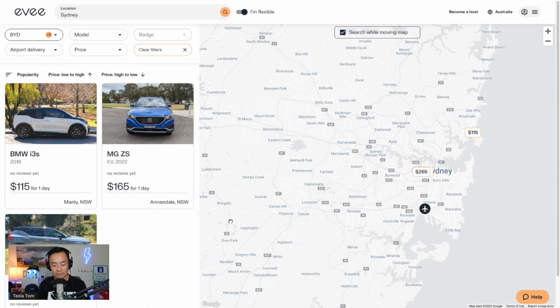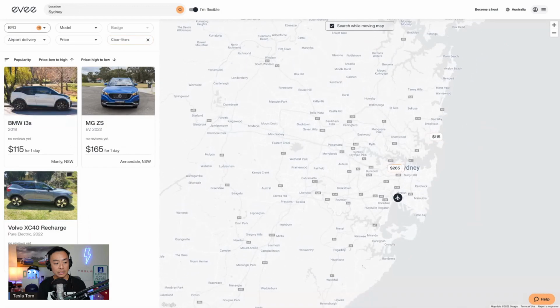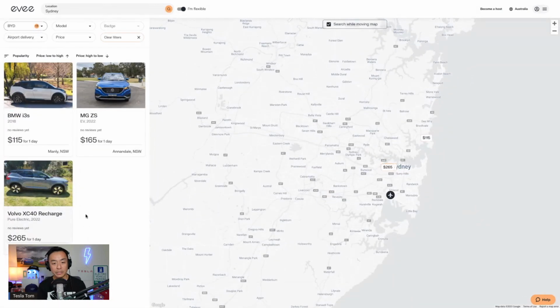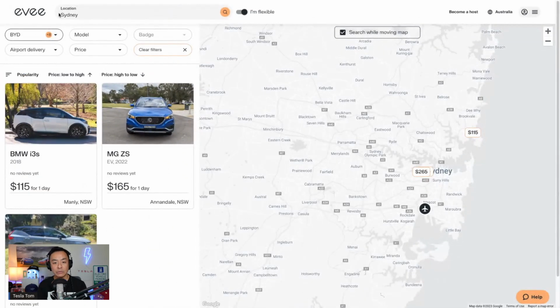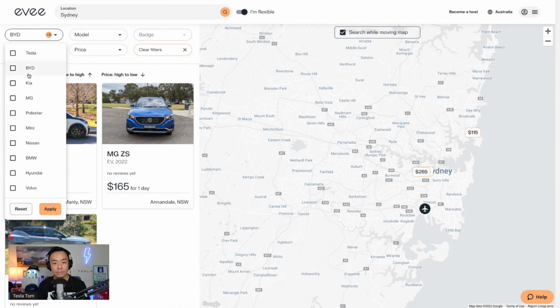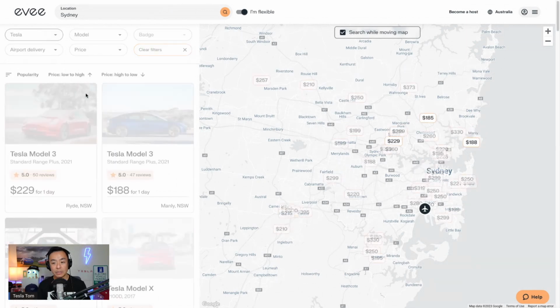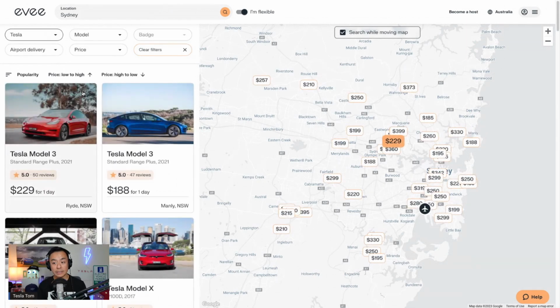And if I just make this smaller, you'll see one of them is a Volvo XC40 Recharge, BMW i3S, and an MG ZS. So that's what's available for non-Teslas. Of course, you've got more options if you select a Tesla. And I would say the majority of them are Tesla Model 3 or Model Ys, as you've seen just earlier